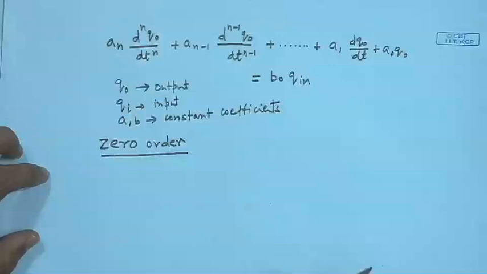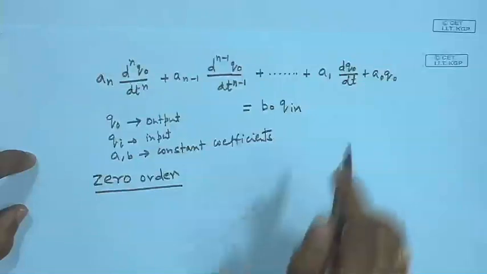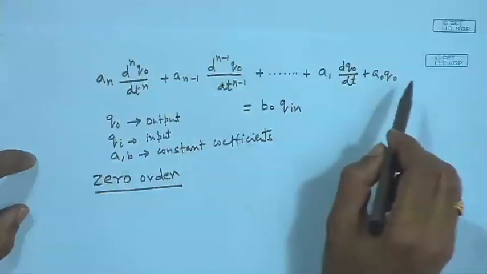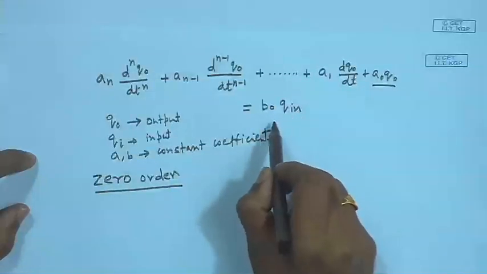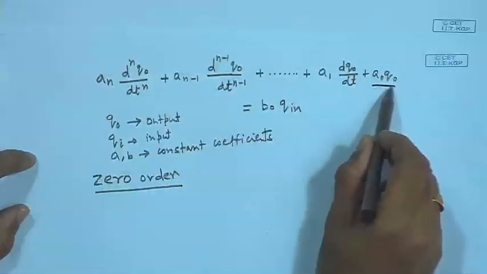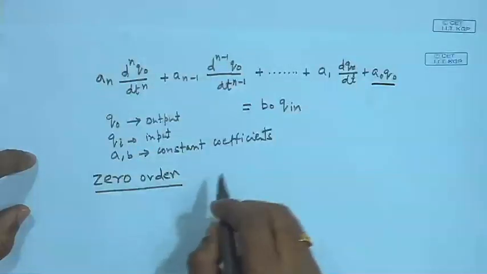So, when we are talking about zero order instrument, let us retain only the zero order term in this equation. So, we will retain only this term from the left hand side of the model equation. So, the zero order instrument will be described by